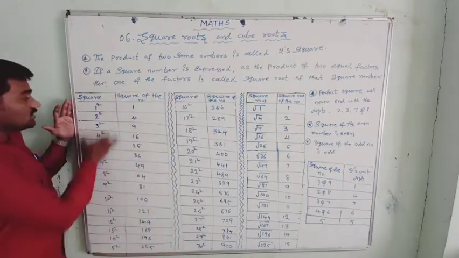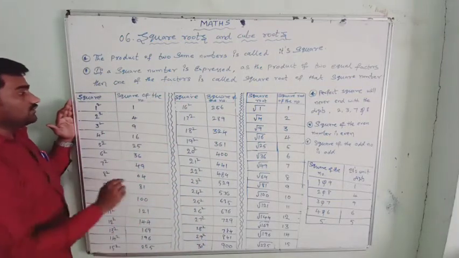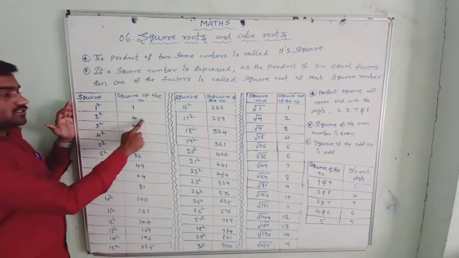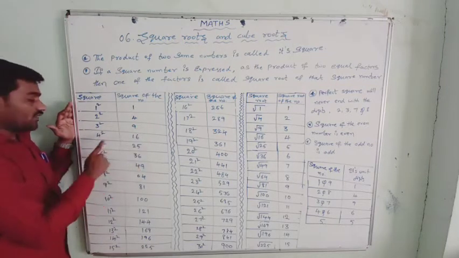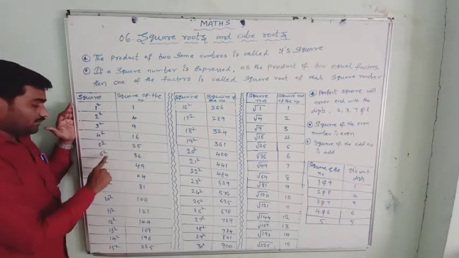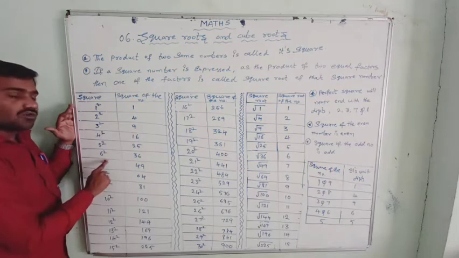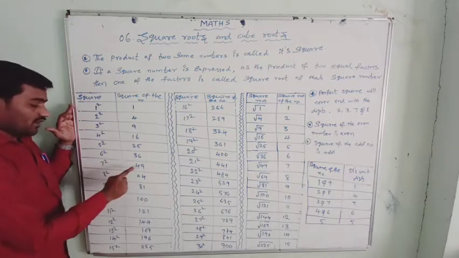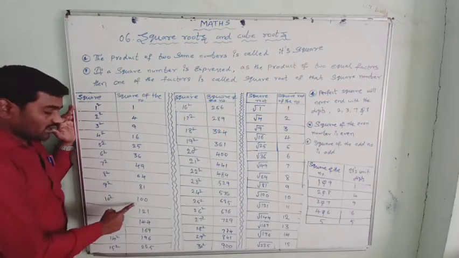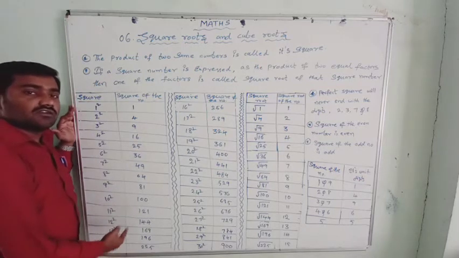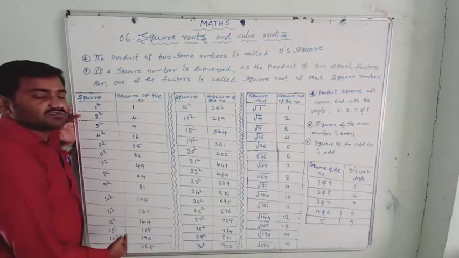See here, I have written some squares of numbers. 1 square is 1, 2 square is 4, 3 square is 9, 4 square is 16, 5 square is 25. That means 5 into 5 is 25. 6 square is 36. If the power is 2, that is called square. 7 square 49, 8 square 64, 9 square 81, 10 square 100, 11 square 121, 12 square 144, 13 square